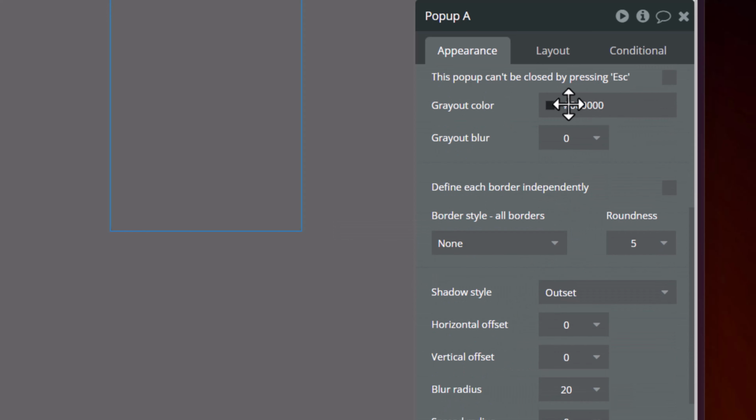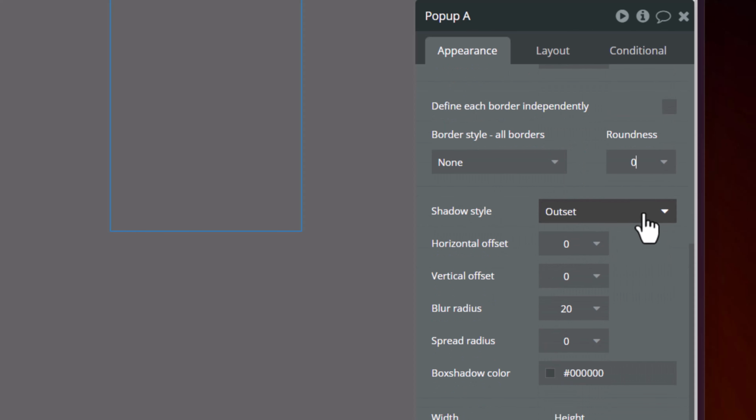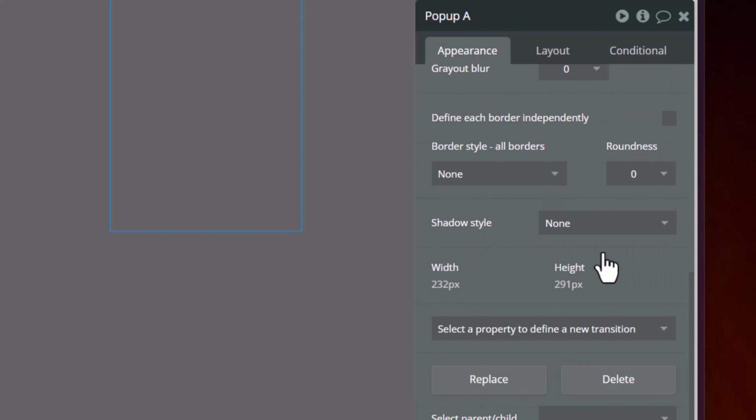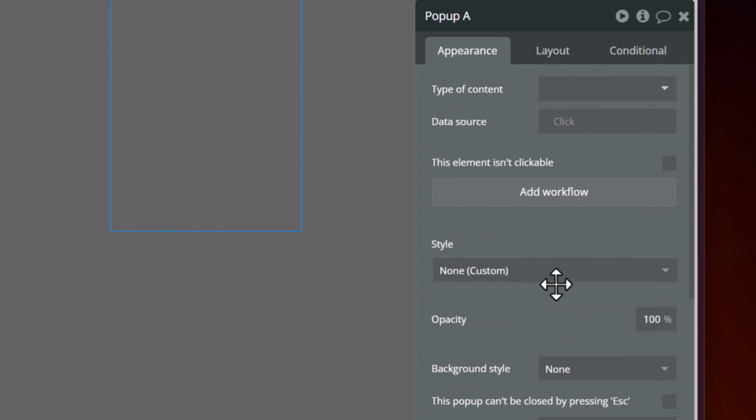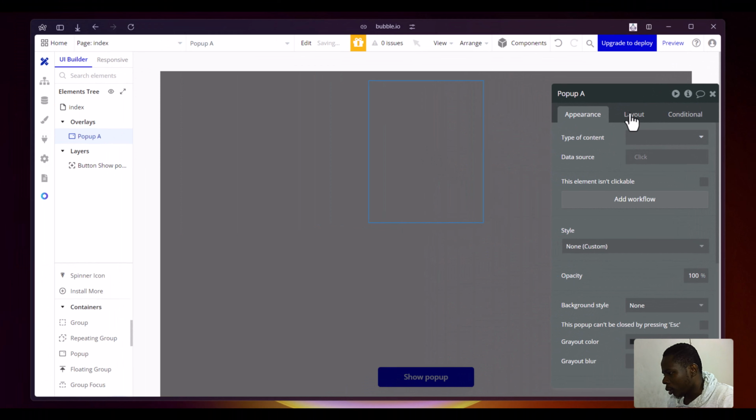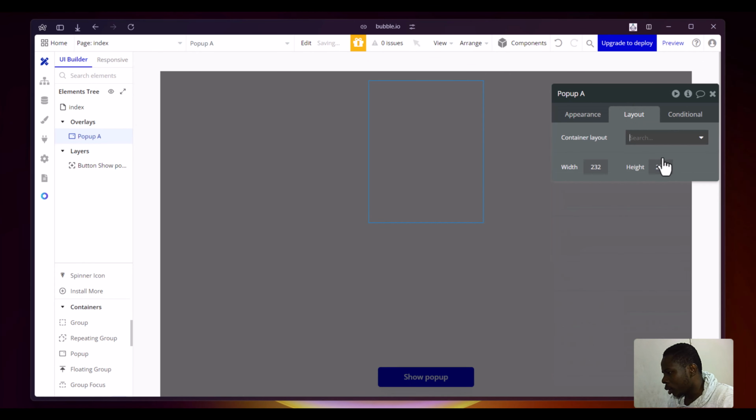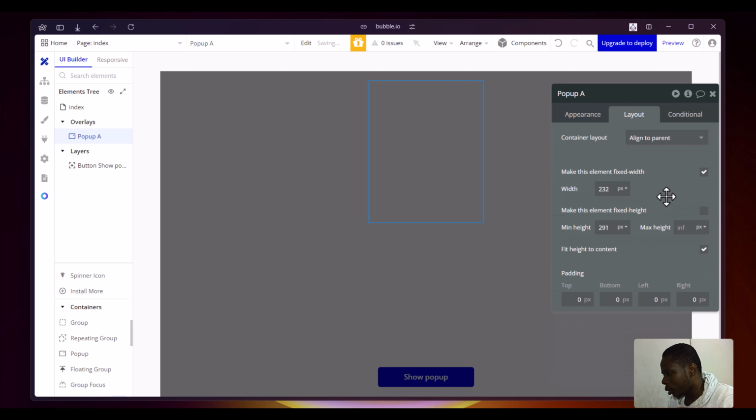you can leave these settings, but you should go to roundness because you won't be needing the roundness anyway. Outset shadow, just set it to none. Everything should be none, won't be needing all that. Okay, and then the layout should be aligned to parents and not fixed to it. Don't make it fixed to it, just make the minimum width 100, and then not fit height to content. Okay, you want it to take all the full height of the screen,